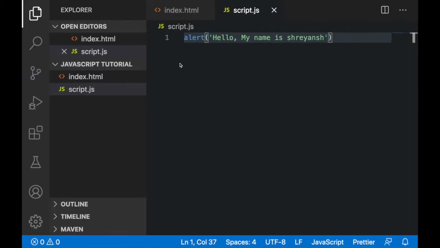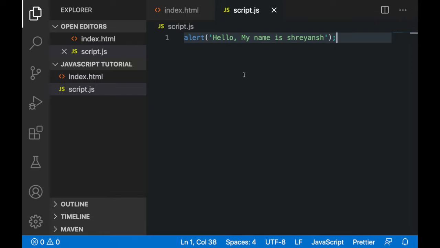Okay, so let me show you how. So here I have written a simple line of code, that is alert, and inside that I have written a string which is written just by putting it inside these single quotes. So here I have written a string, hello, my name is Shreyans, and to end a statement in JavaScript, you need to write this semicolon. Okay, so friends, let us now see this.